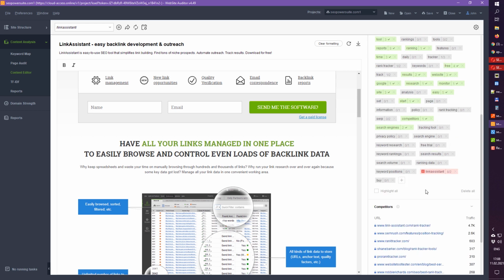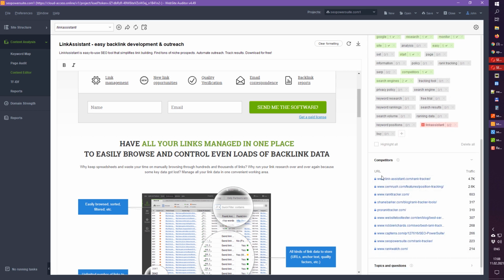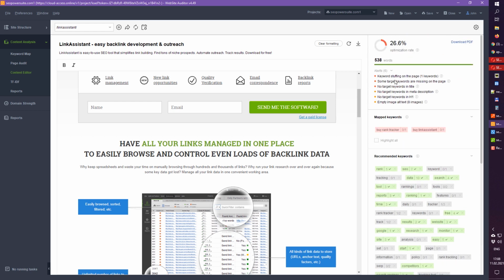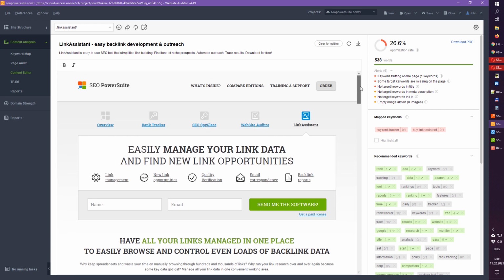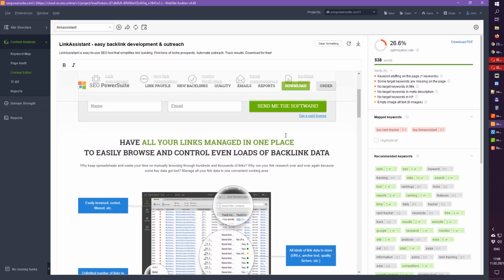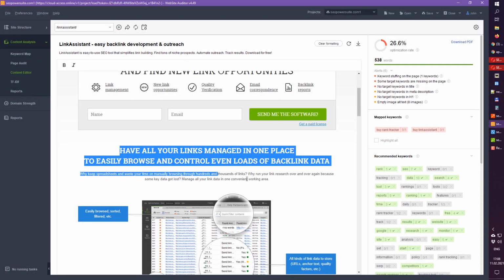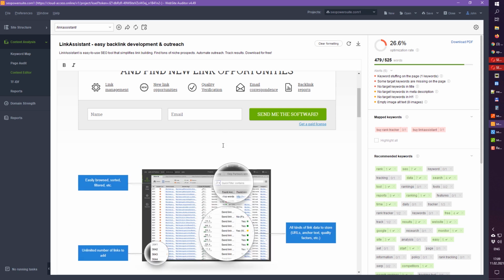And competitors, these are the list of sites that Website Auditor has selected for us as best competitors for my mapped keywords. So I read the recommendations and I can start changing the content. In this browser, all the elements are actionable, and if you need, you can easily remove different paragraphs or sentences just inside the browser and start typing in the new content. So for example,